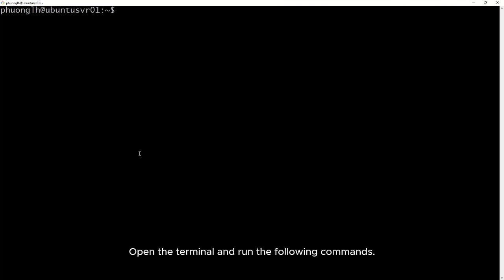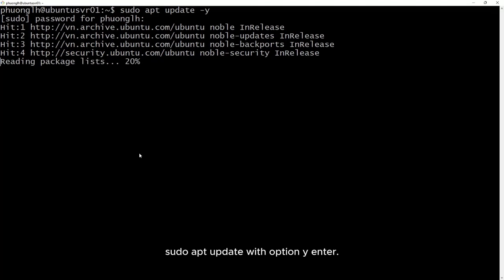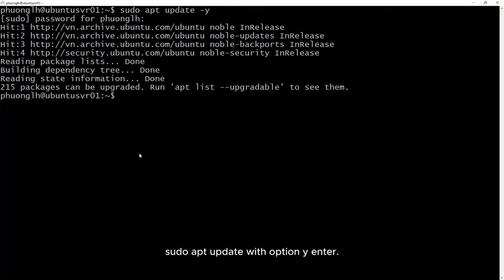Open the terminal and run the following commands: sudo apt update with option Y, enter, sudo apt install with option Y, docker.io, enter,